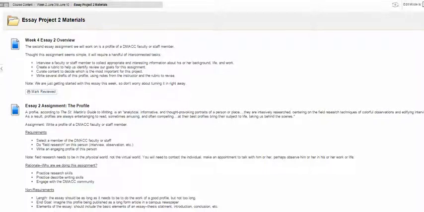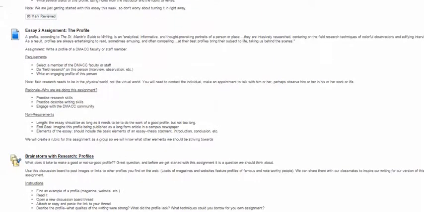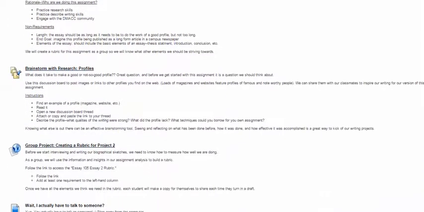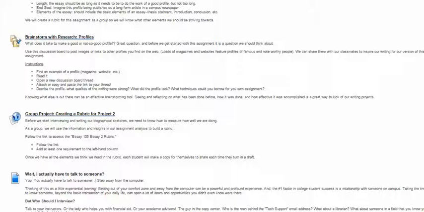Just a heads up, this essay is a little bit more creative than some of the other essays that we'll do. At the same time, it's a little bit more challenging. So you'll probably want to think about spending a bit more time on this one than you would otherwise. To get us started, I want to give you an opportunity to go out and look at other profiles, and see what makes a good profile and what doesn't.